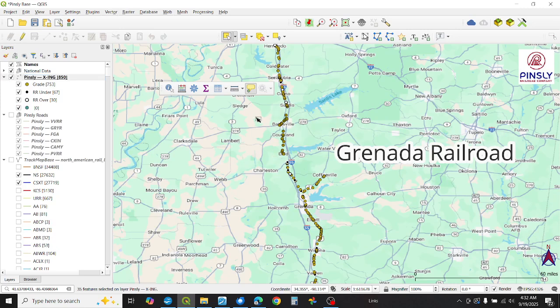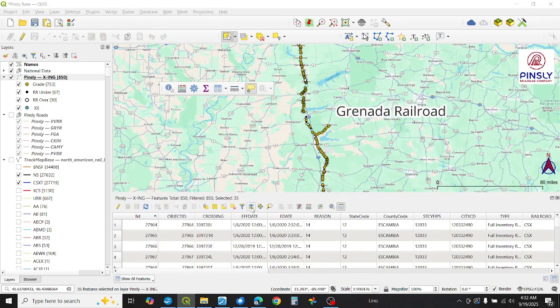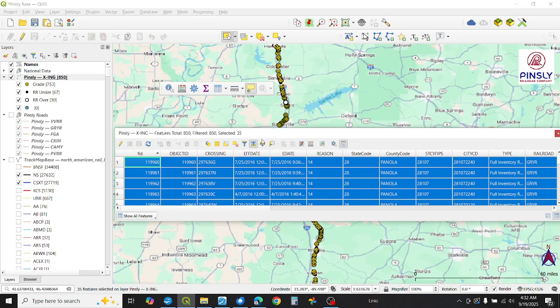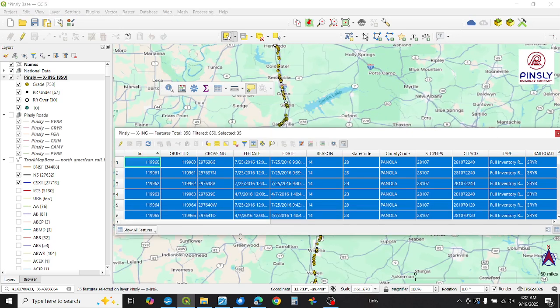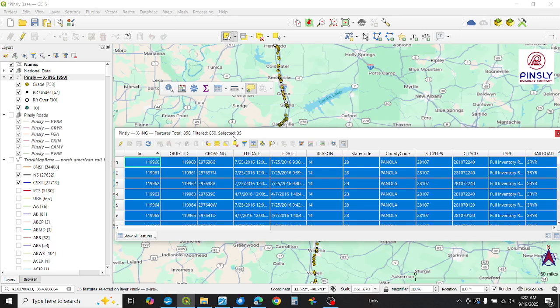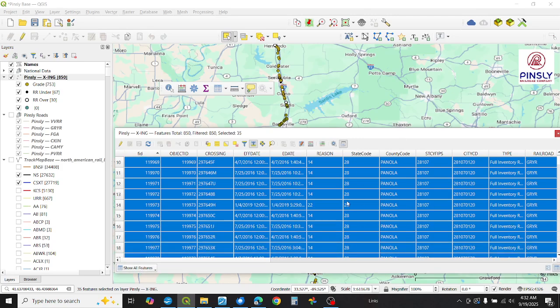So again, we'll close this out, and we'll go into our crossing data. Same thing, we'll just highlight those, and we'll say, give me the table. I like this button. You click this button, and selected items come to the top. So we have 35 items selected. There are 850 crossings on all of the Pensley railroads. Something close to that. That's probably not exactly right. That was just a real quick and dirty